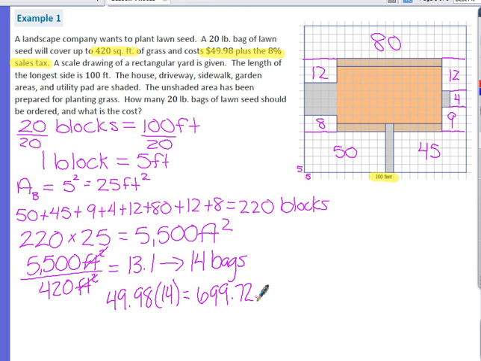And we've talked about all year long that you can break this up into two different steps by finding 8% of our total cost and then adding it back into the original cost. But we also talked about shortening our steps. And we can do that by realizing that the $699.72 represents 100% of our costs. And then we have to also pay an additional 8%, meaning we're paying 108% total. Well, that would be 1.08 times our cost. And when I multiply those two, I get a final answer of